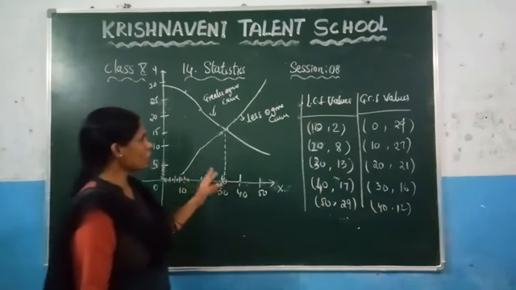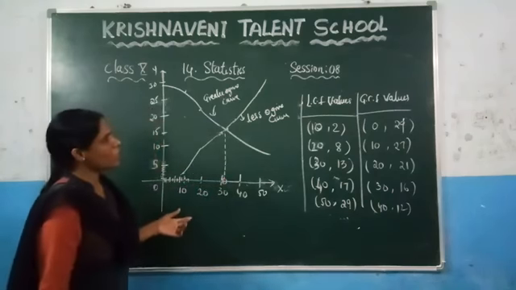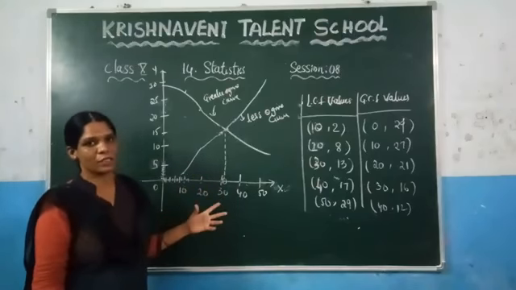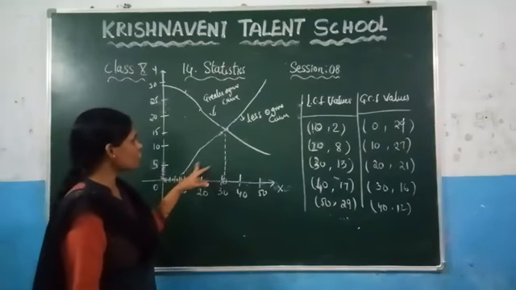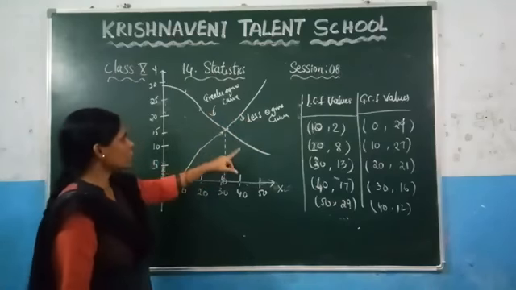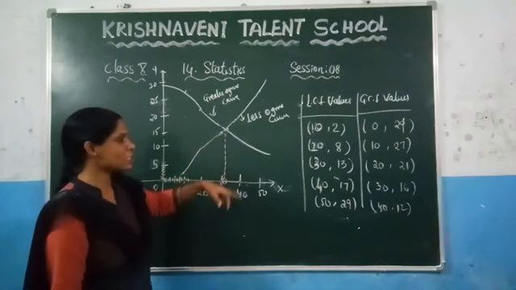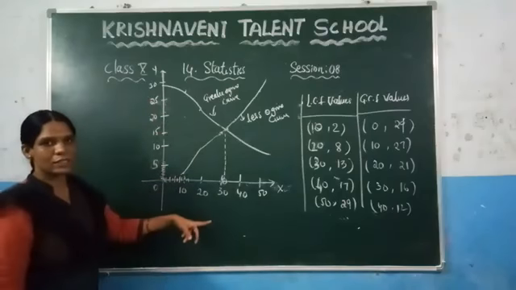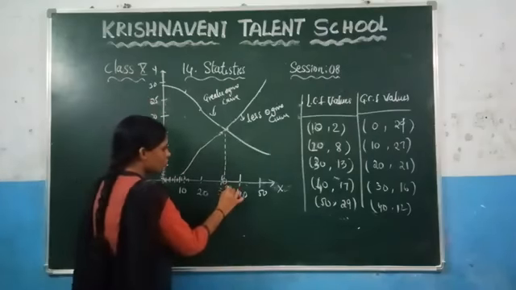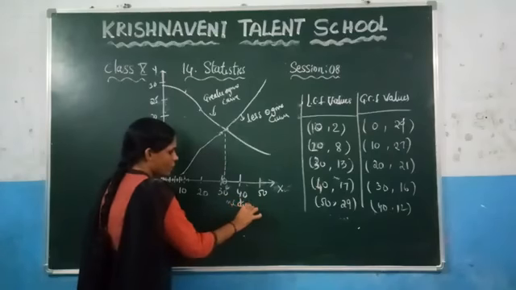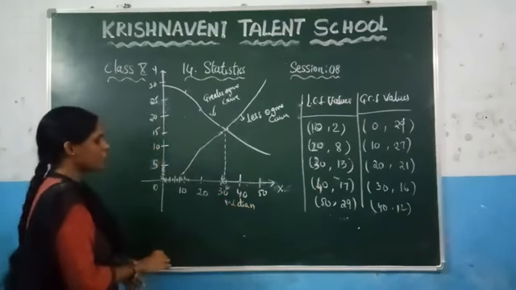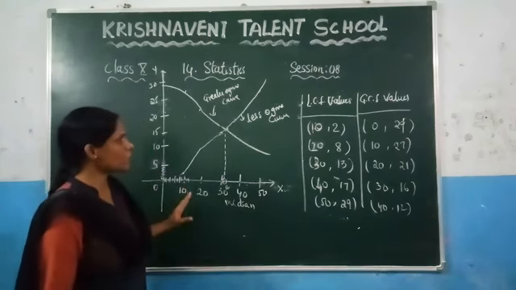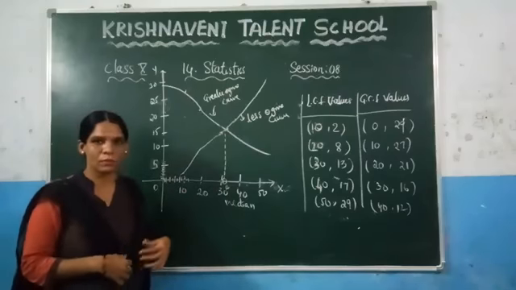Here also, if they ask in the exams to draw the less Ogive curve and the greater Ogive curve and, based on that, calculate the median, then you need to draw both curves, and these two curves intersect at one point. At that point, draw a line parallel to the y-axis and it touches the x-axis at one point. This should be the value of the median. Like this you can represent the median on a graph. So this is about the graphs, how to represent the median on a graph.